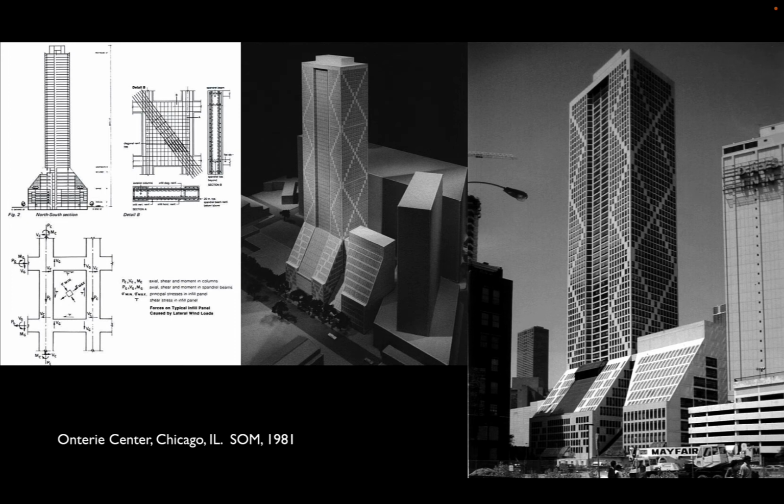In this case, the plan is like two kind of C channels that have all of the cross bracing and then a center space between them that spans between the two stiff, basically giant C columns. You can see that the way that they get the diagonals out of those is to panelize the concrete frame on the exterior. So it is a concrete grid, but instead of having really, really stiff moment connections, those connections